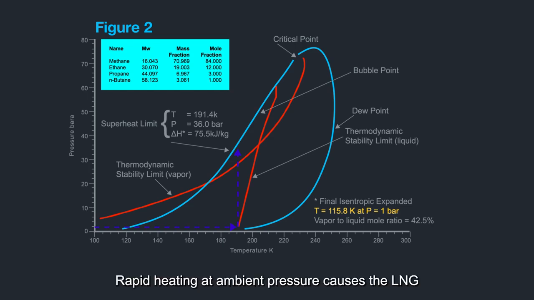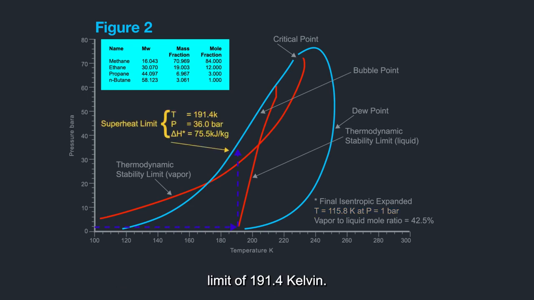Rapid heating at ambient pressure causes the LNG mixture to reach the thermodynamic stability limit of 191.4 Kelvin. Once heated to that temperature, the LNG mixture becomes a superheated liquid, i.e. a saturated liquid with a bubble point pressure of 36.0 bars. The LNG mixture reaches the superheated state and has to give up its superheat by expanding because the ambient pressure